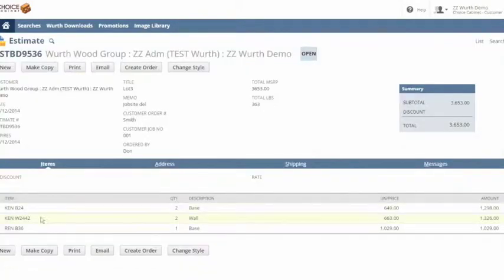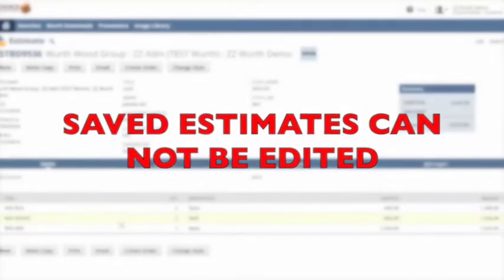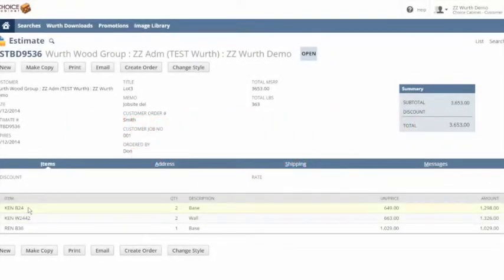Alright, here is the estimate saved. As you'll notice, when you have a saved estimate, it will not allow you to make any changes. You can change an estimate, so if you had 50 items in here, you will not be in a situation where you have to re-enter everything. You would go to Make a Copy,